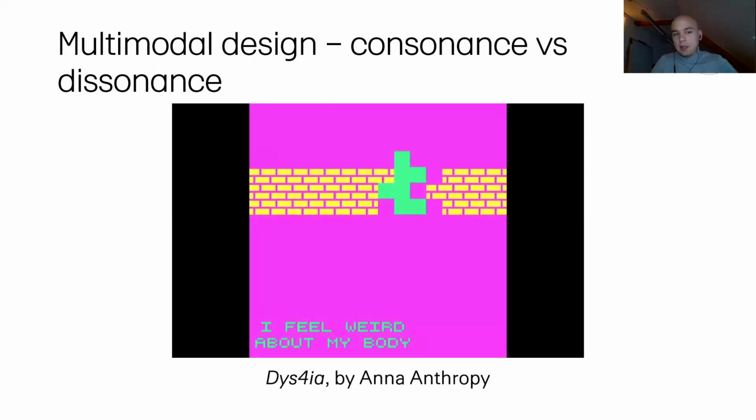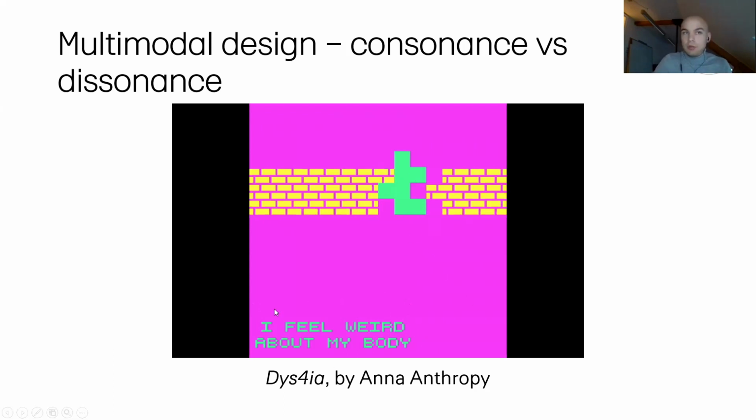And this is an example from a game called Dysphoria by Anna Entropy. It is a game that has been created to illustrate its author's experience with gender transition. And you are playing in one short segment as a Tetris piece that needs to navigate this yellow wall, but because of the shape of the piece, you cannot make it quite through the wall, but you get stuck. And in the game, this is accompanied by the text that says, "I feel weird about my body." And here we have an example of the procedural mode, so controlling or navigating this Tetris piece